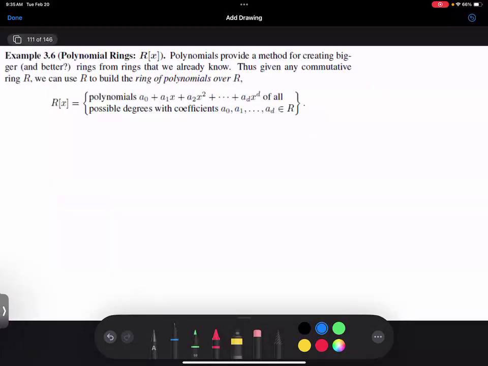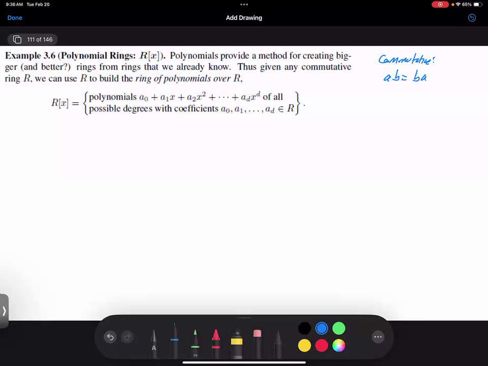Okay, another example is polynomial rings. Given any commutative ring R, what does it mean for R to be commutative? Yeah, so when we multiply, commutative here means ab equals ba. Why don't I have to say a plus b equals b plus a? Yeah, we define a ring to be commutative under addition. So when we say that the ring is commutative, that means it's also commutative under multiplication. So what they're saying here is a commutative ring